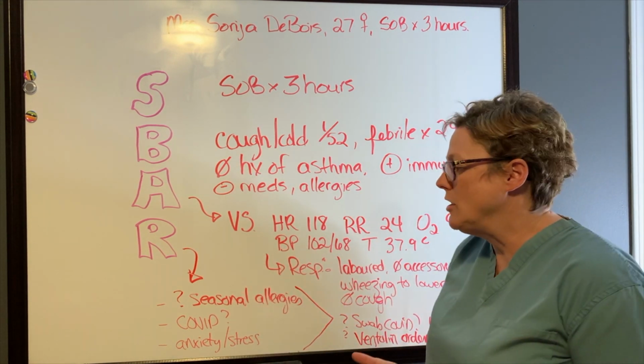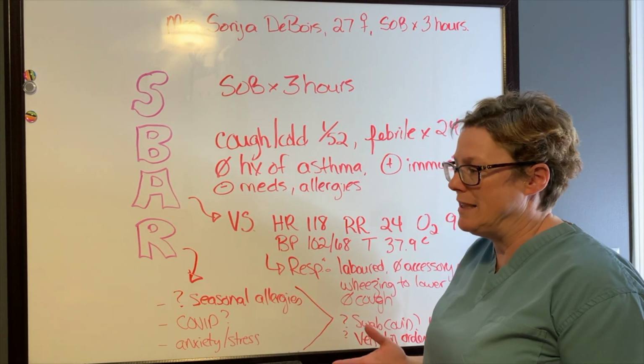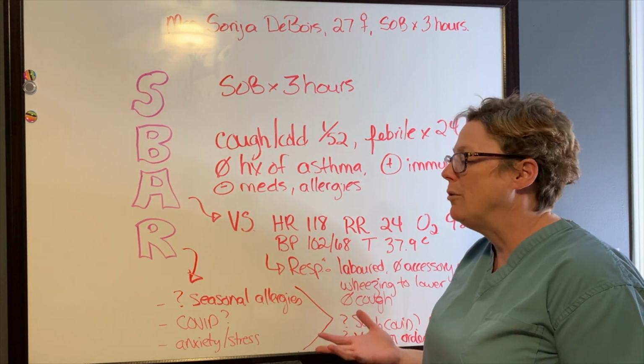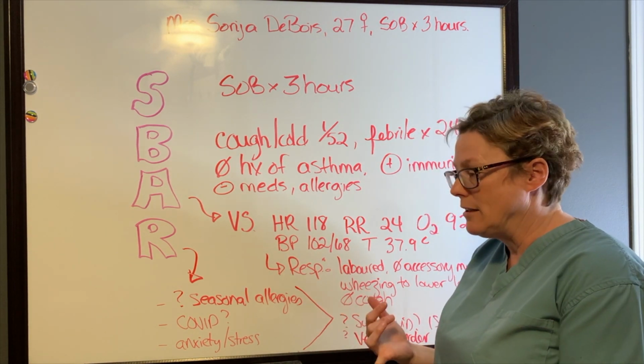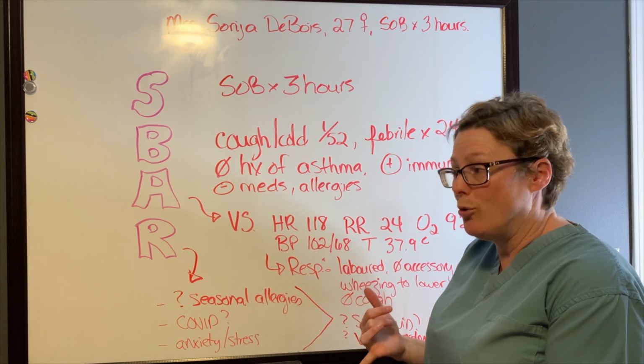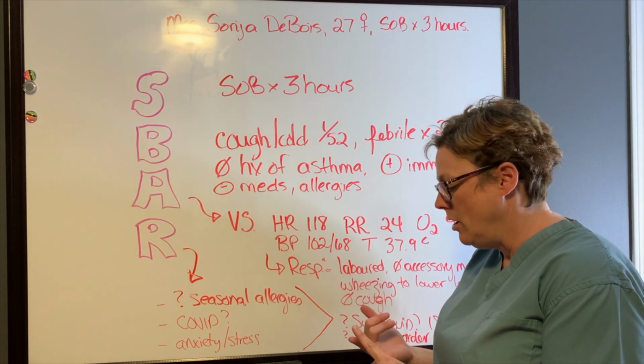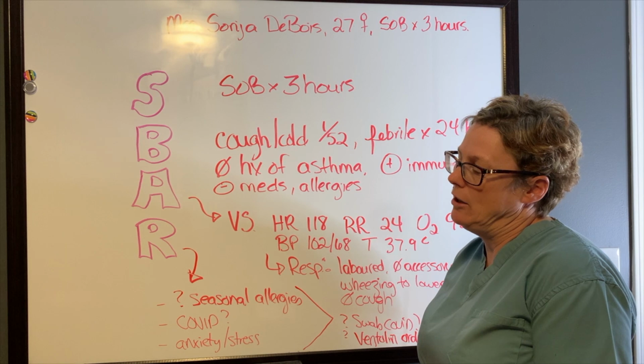Now, in terms of my recommendation, I'm not sure if it's seasonal allergies or this is COVID or even just stress related to those situations. So I'm wondering if we should ask for an order. I'm wondering if I can get an order for Ventolin to see if that helps support her, and if we should swab her for COVID and isolate her.